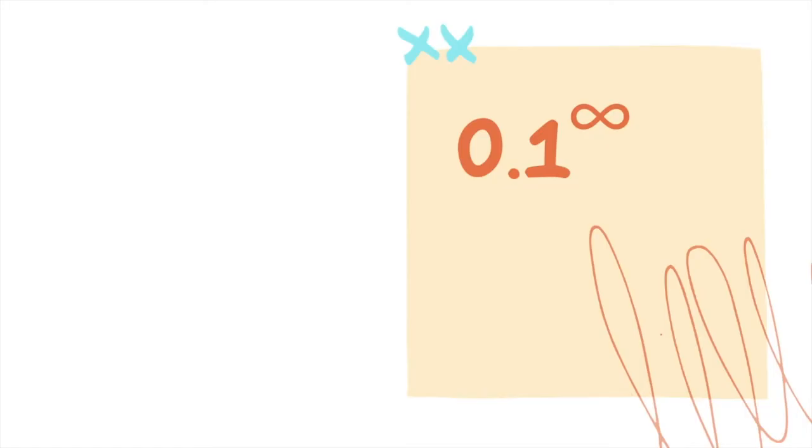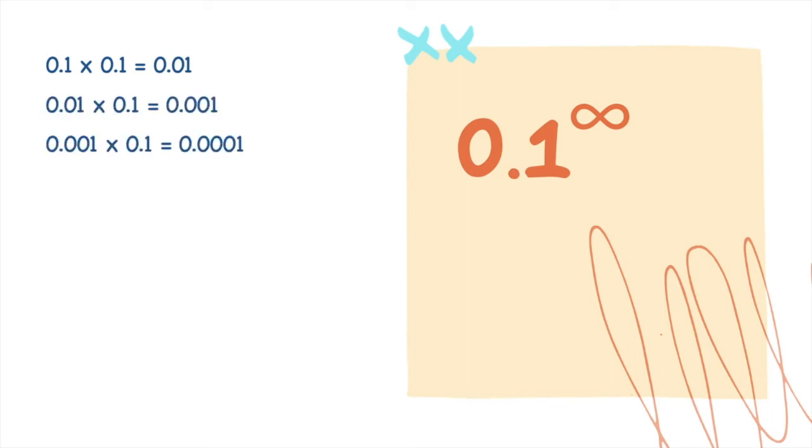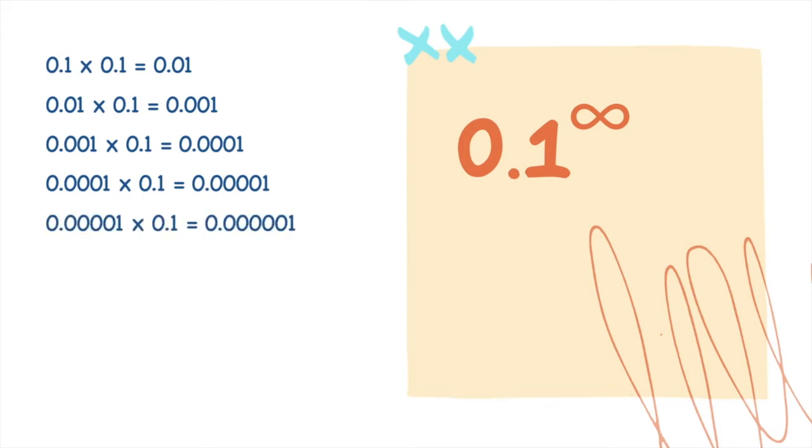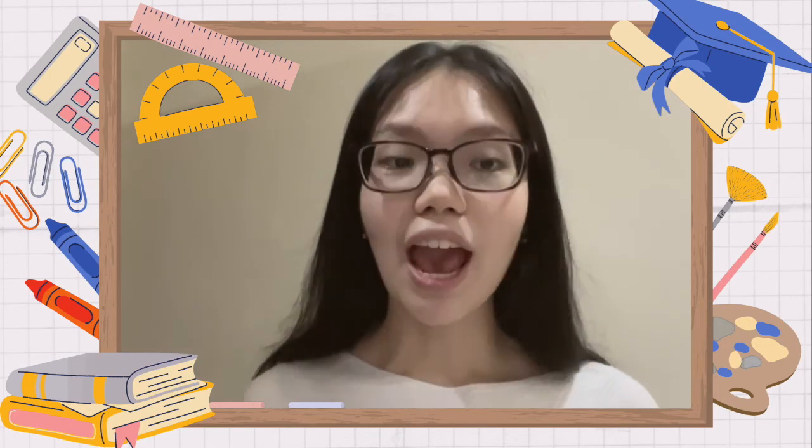Now, let us try to find the limit of 0.1 to the power of infinity by multiplying 0.1 with itself multiple times. 0.1 times 0.1 is 0.01, 0.01 times 0.1 is 0.001, 0.001 times 0.1 is 0.0001, 0.0001 times 0.1 is 0.00001, and so on. As you can already see, as we keep multiplying, the answer we get becomes smaller and smaller and smaller. And if we do this process many times, we will get a value that is very close